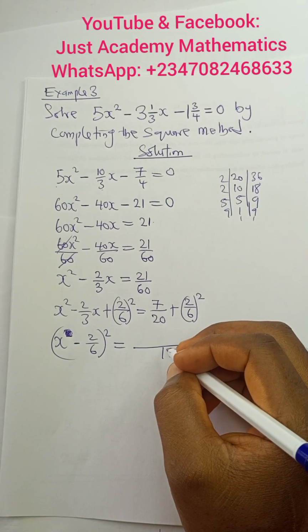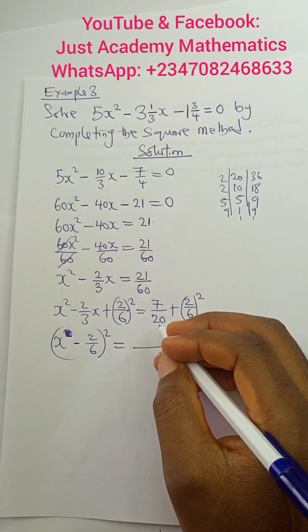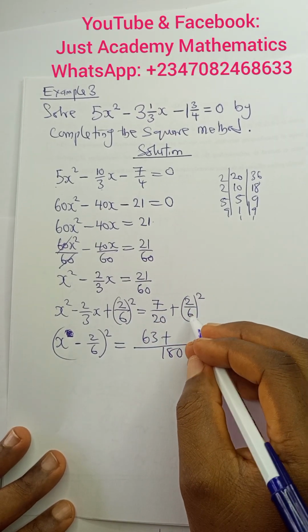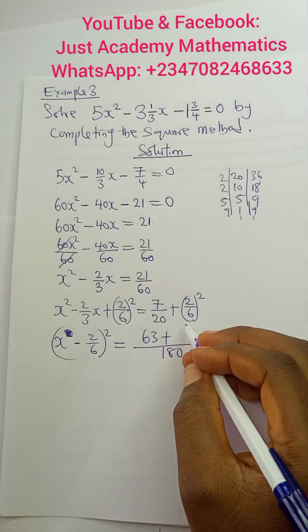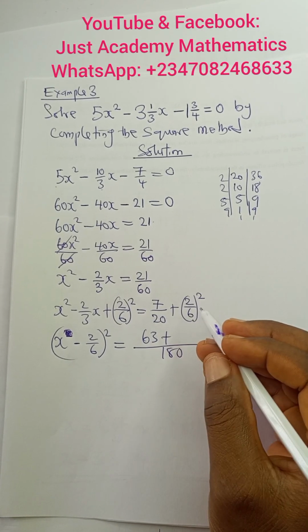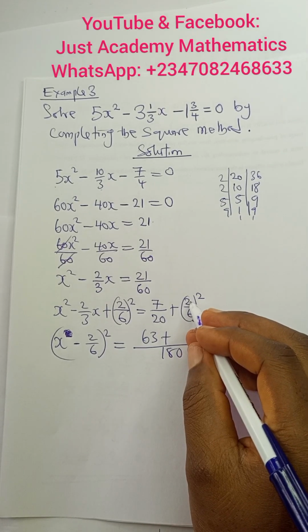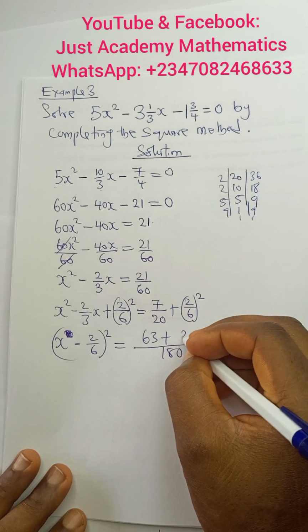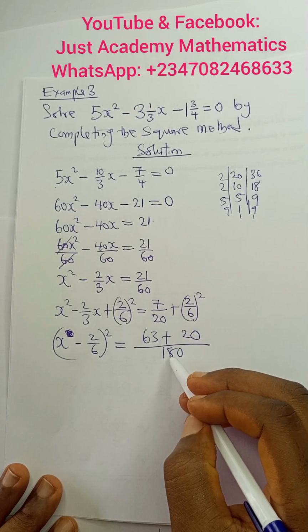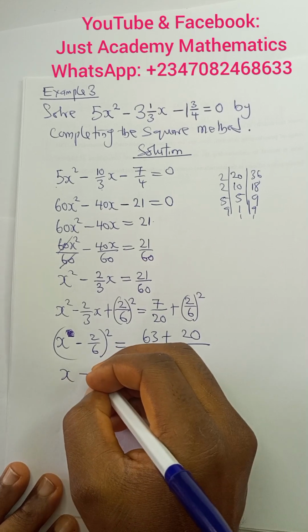So 20 going into 180, 180 divided by 20 is 9. So 9 times 7 will give me what? 63. Plus, remember that here is 36, not 6, so the square. So we have 180 divided by what? 36. That is 5. So this go here 5. 5 times 4, here is 4 now. 5 times 4 is what? 20. So don't get confused. 2 squared is 4. This is 36. 36 is going into 180, 5 times 4, 20. So we remove this square here. We have that x minus